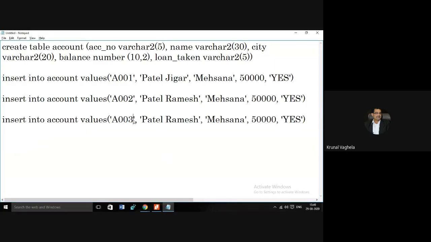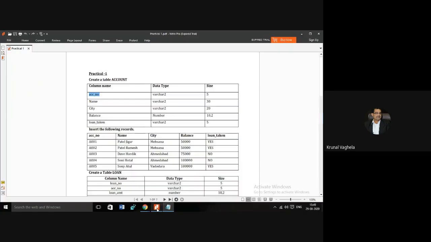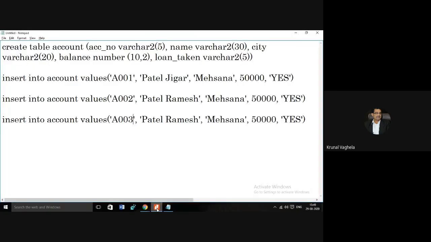Again, A003. Dave Hardik, Ahmedabad, 75,000, No. Dave Hardik. City is Ahmedabad. 75,000.